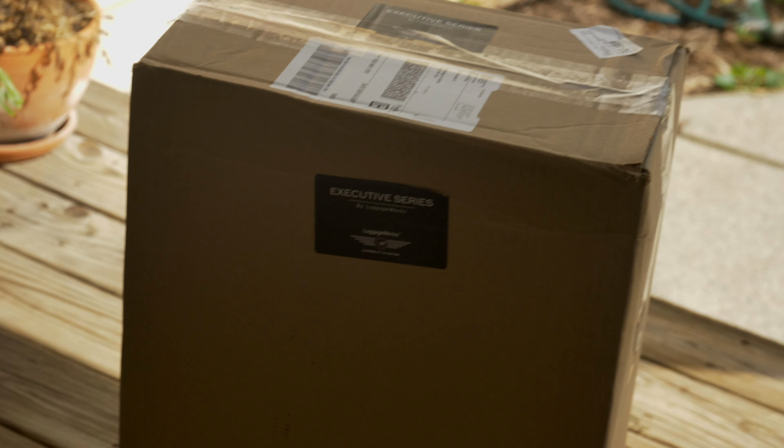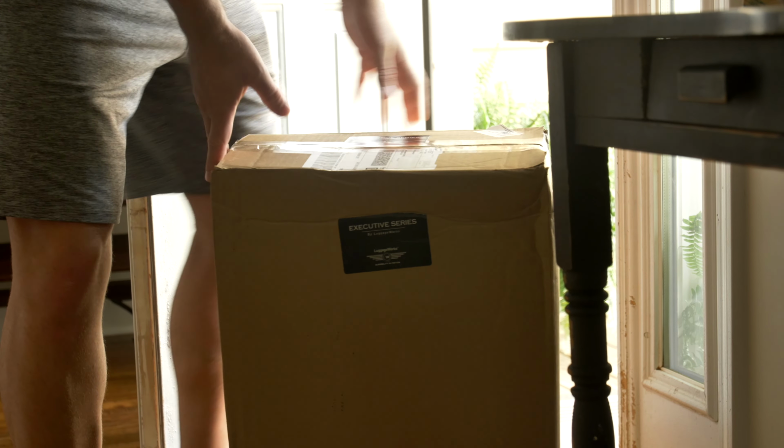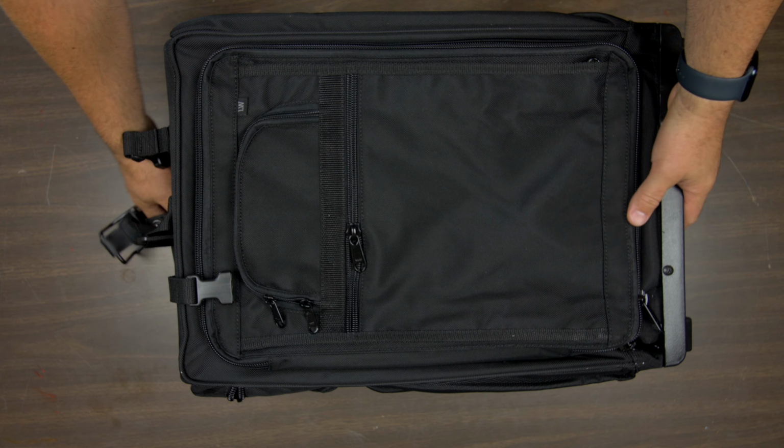I will admit to you that when the box showed up on my doorstep, I looked at it and thought immediately, oh no, I made a huge mistake. It just looks so small. I've been using this bag for about 3 months now, and I definitely have some things to say about it, both positive and negative. I will go ahead and discuss the positive things first, and the first positive is the